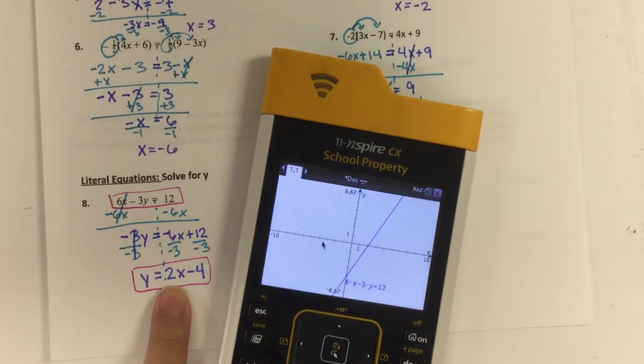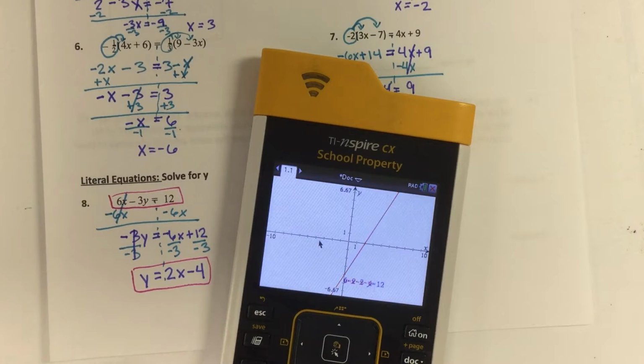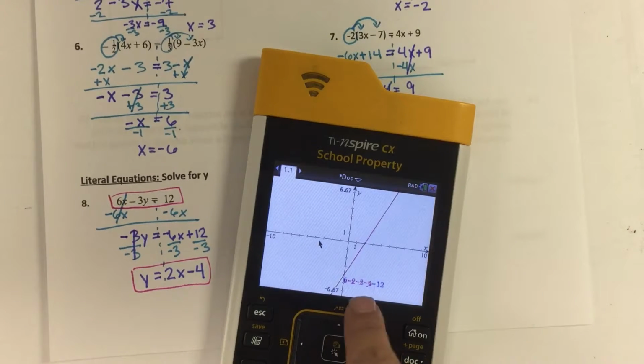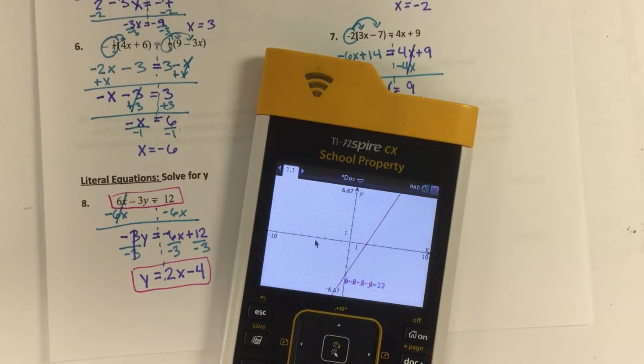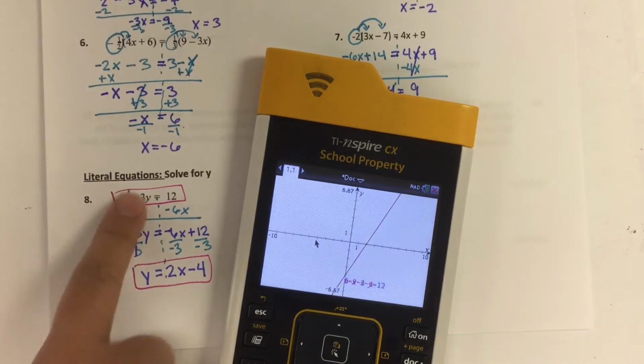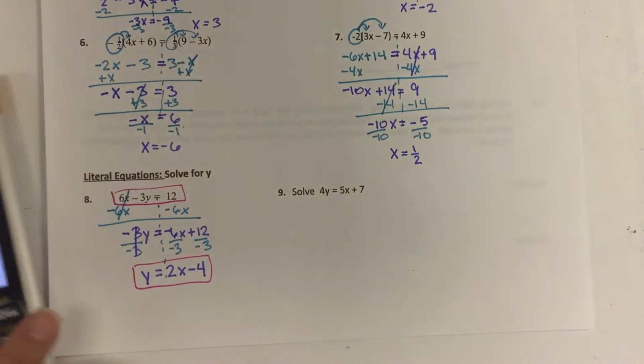To graph my second one, I'm going to press the tab, and now I have y equals 2x minus 4, enter. And when I press enter, I can see my lines are overlapping. I can see it here too, they're overlapping. When they're overlapping, that means these two are equivalent. They have the same values. They have the same values, that means we solved for y correctly. Okay,